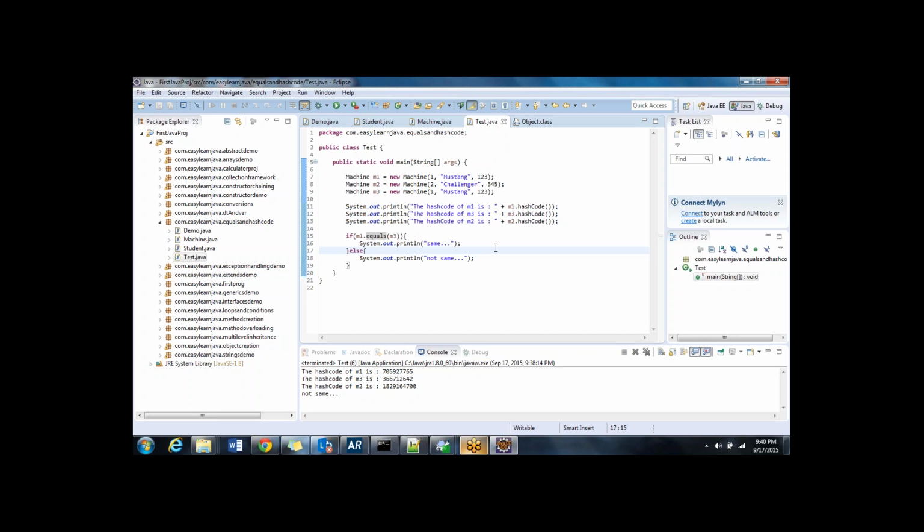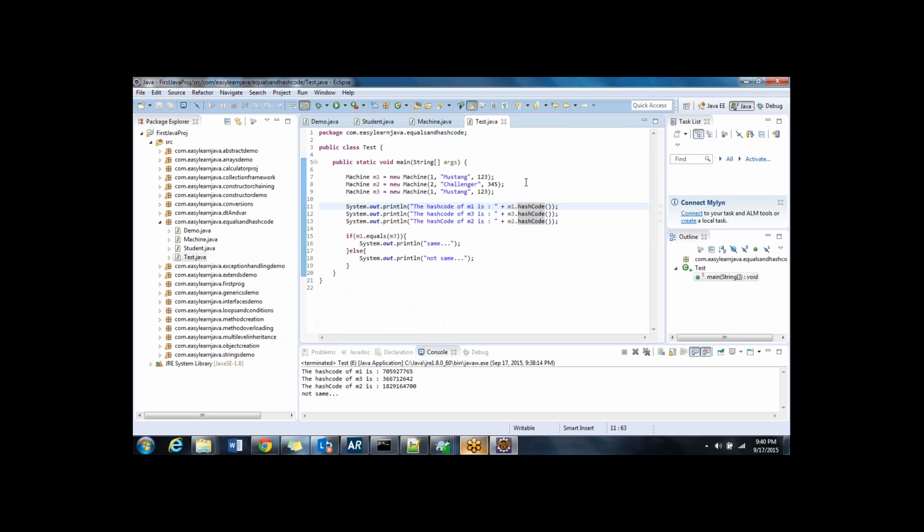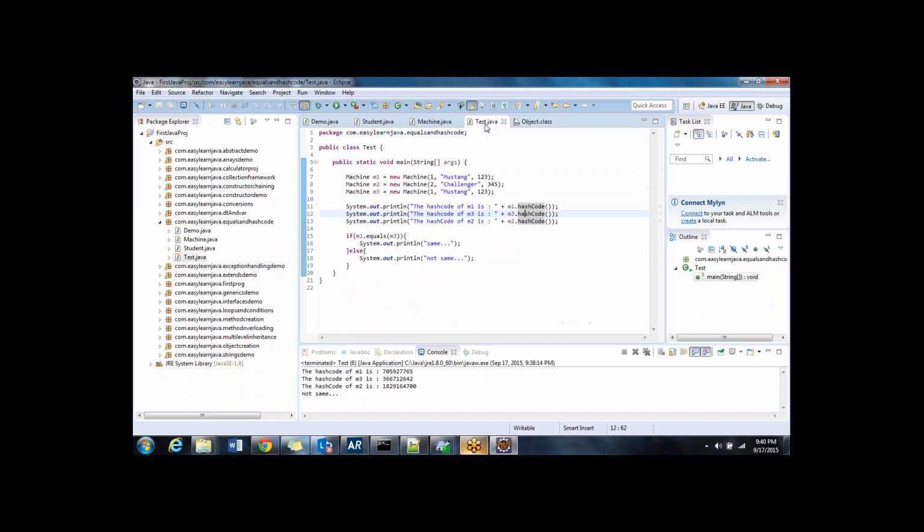Okay, the answer is different. Why? Because when I say m1.hashcode, it calculates on its own. It has its own internal way of calculating. Also, when I say m3.hashcode, it calculates the hash code on its own. It has its own internal implementation. So if I execute this class, did you notice the equals method says,